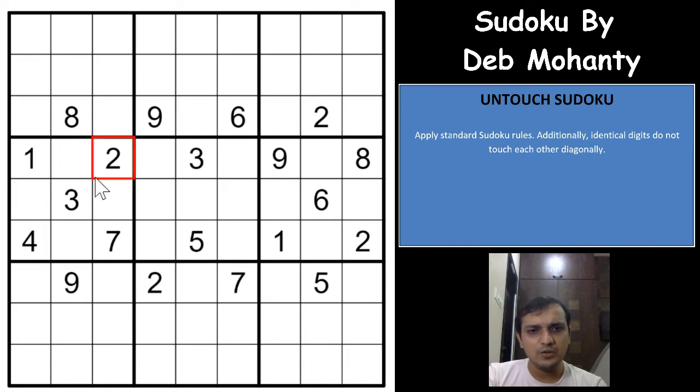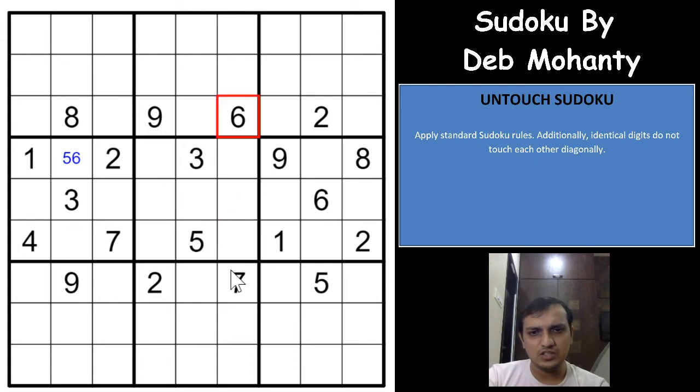So if you see here, you usually have to look out for the row or column that has more digits already placed. So if you see row 4 and row 6, you have 5 digits already placed. In row 4 the other 4 digits are 4, 5, 6 and 7, right? So 4 and 7 cannot be here, so it has to be 5 and 6. I'll mark the other digits the other way. 4, 5, 6 and 7, right?